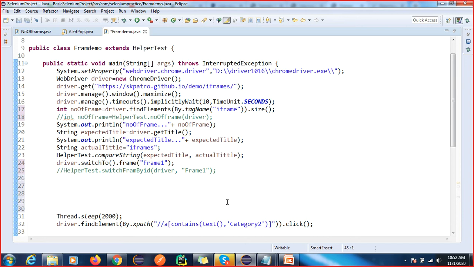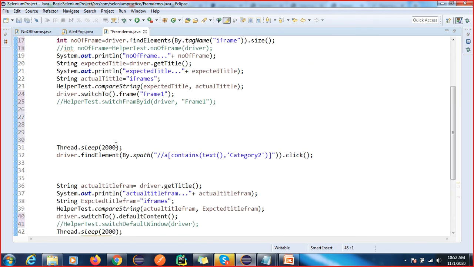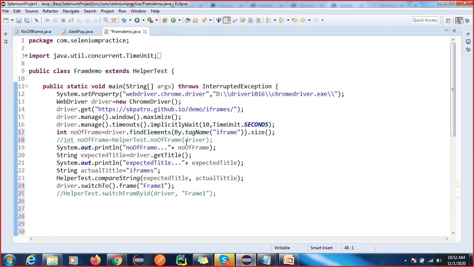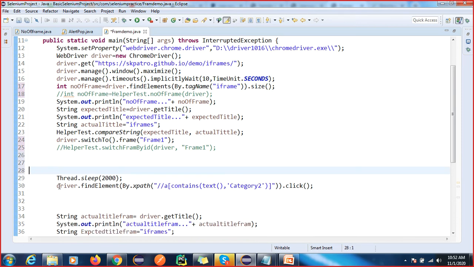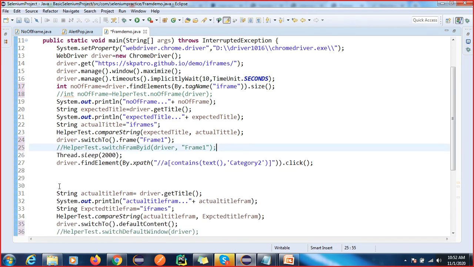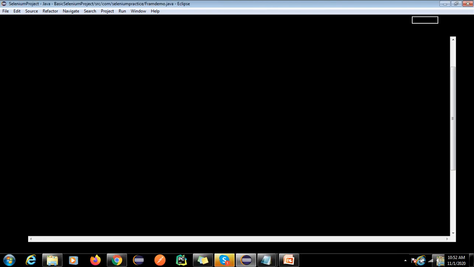Let me know if anyone has any doubt in this code. That's why I told you, if I write this code, it will take half an hour or 20 minutes. Anyone? Okay, if you don't have any doubt, can anyone explain this code? Might be someone is not able to understand this code, and anyone can explain this code.